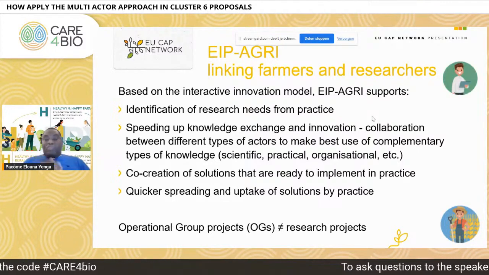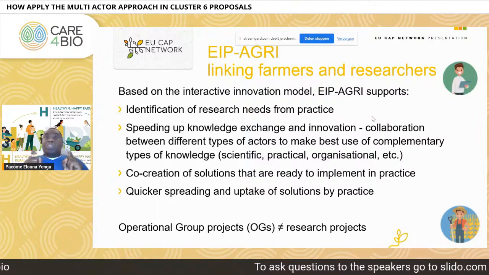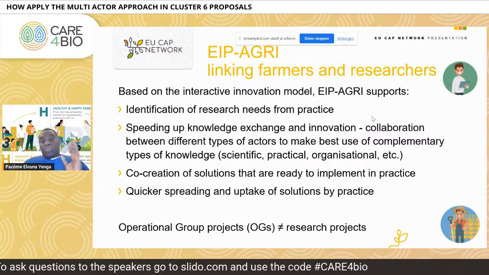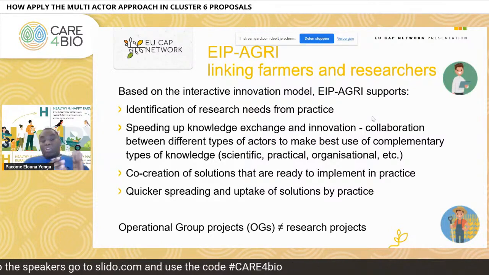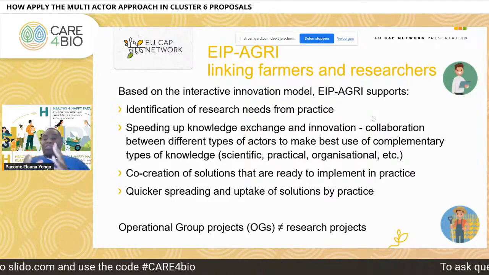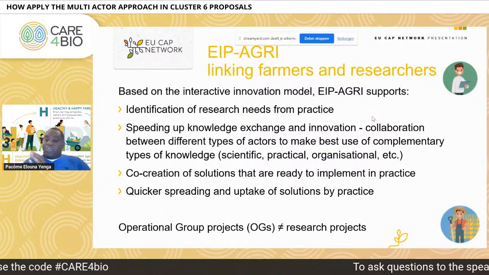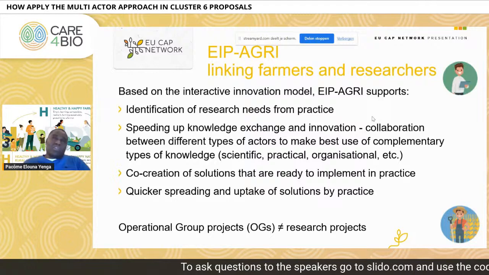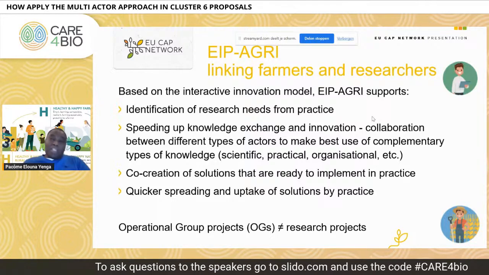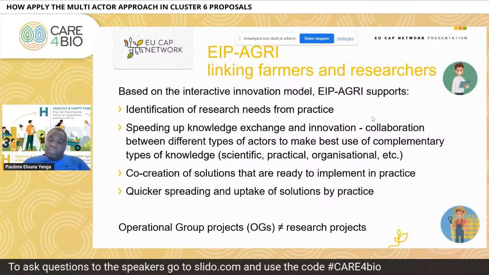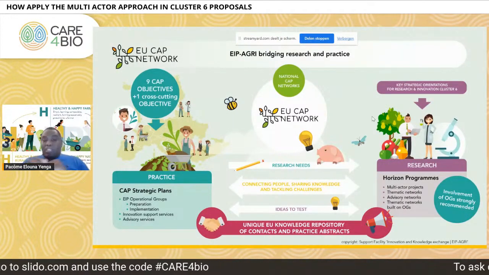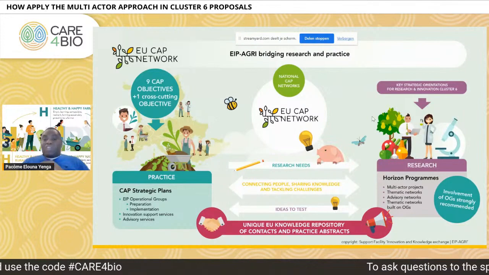And for this purpose, the EIP was implemented through two different instruments. So you have the operational group projects, and then you have the research projects. Among the research projects, you have the multi-actor projects, and also the thematic networks. But today, if we have to make it with the actualization,